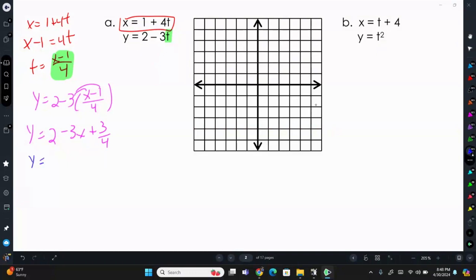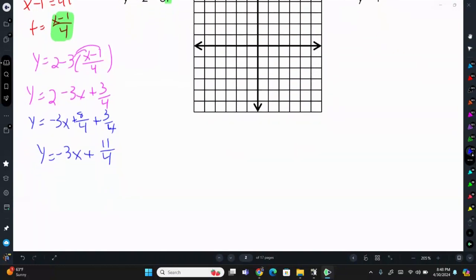Y equals 2 can be written as 8 over 4. So y equals negative 3x plus 11 over 4 would be our eliminated parameter equation, and now we're in rectangular form. Now on the calculator, we're going to graph this,